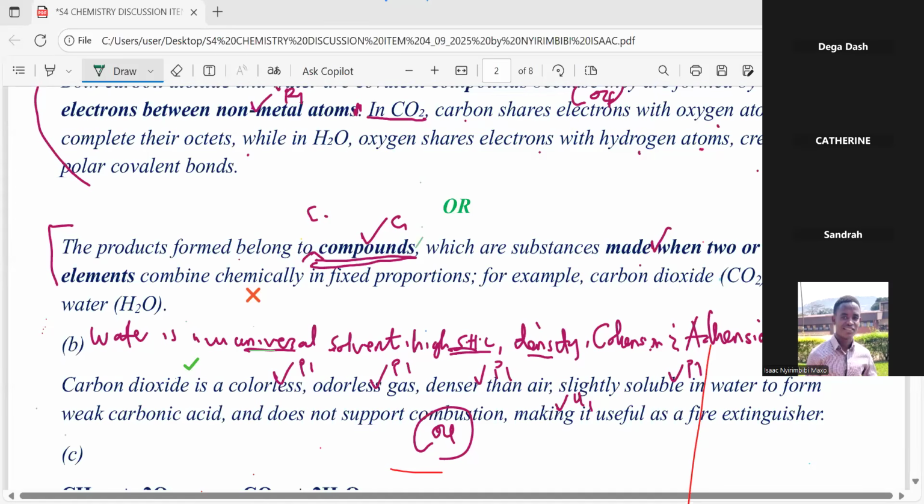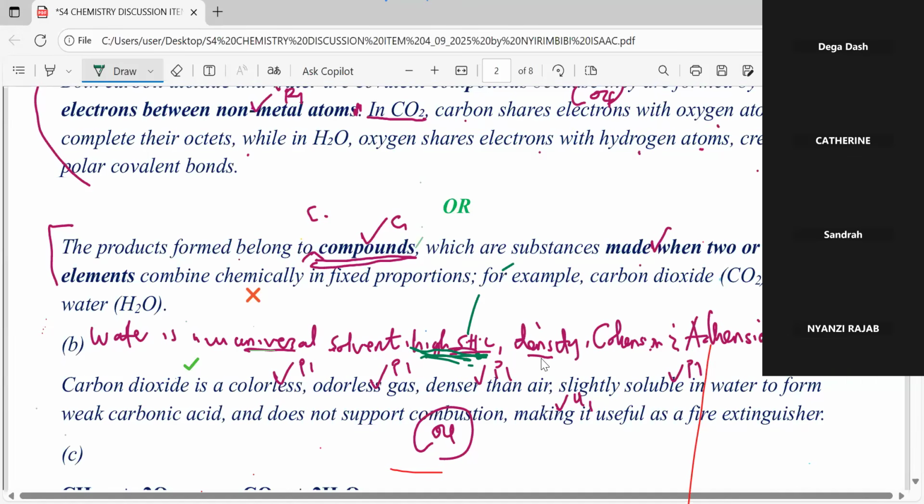This is to say that water has a high specific heat capacity. Then the reason is that it will absorb the heat in machines. There is even one person who gave it here. Are you seeing it here? High specific heat capacity of water. So that one becomes correct. So we have, teacher,